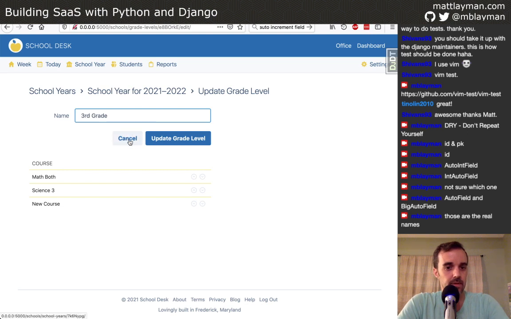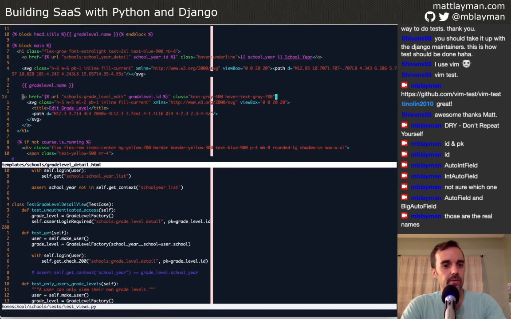Curious. So here's a cancel button, and that cancel button is not going back to where we just were. So I think that this page can understand the next parameter. What we're going to do is we'll say